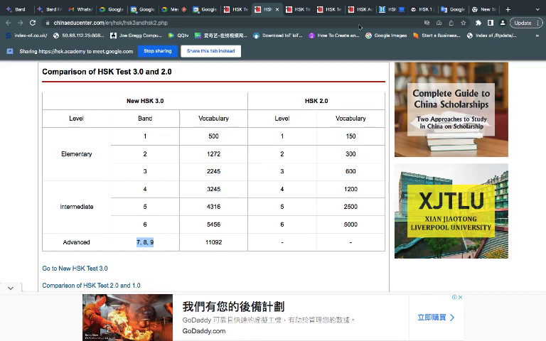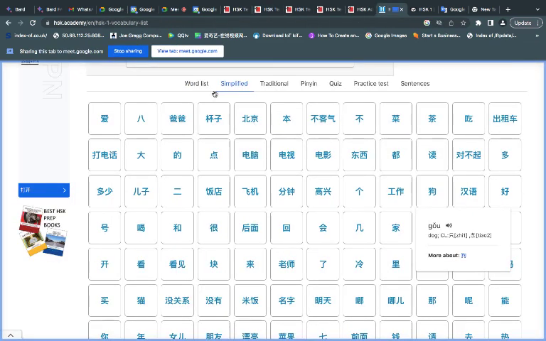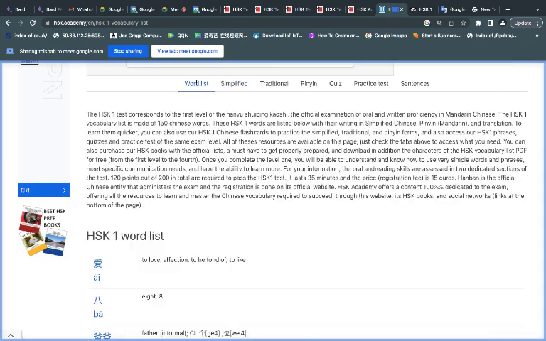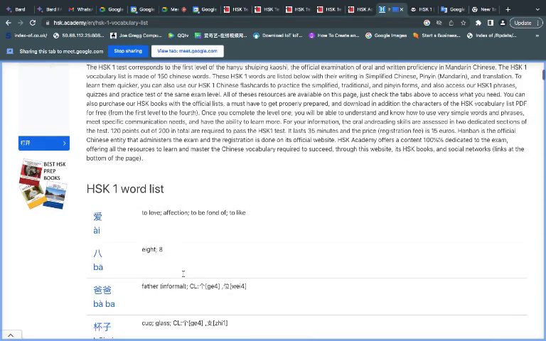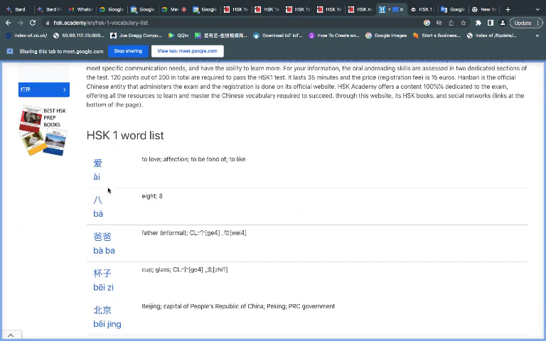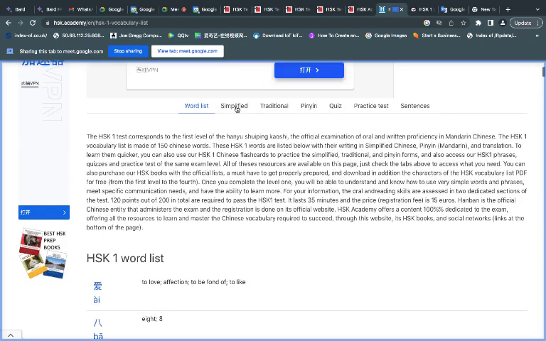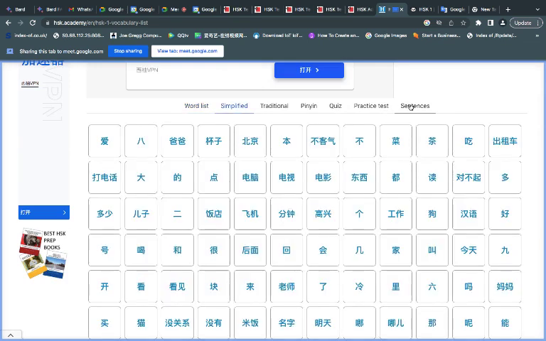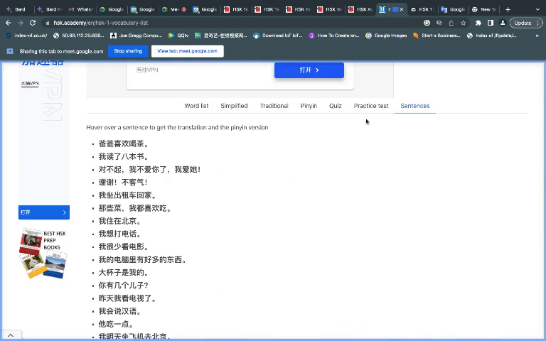But for us to start, a good place to start is HSK Academy, where we just start by the word list, getting familiar with the word list. When we start class, we go through these words bit by bit, mastering the translation and the definition, and then eventually we start looking at the characters, we look at the pinyin, and we start making sentences with it. And as soon as we start making sentences, we're good to see what they have on the practice test, all right?